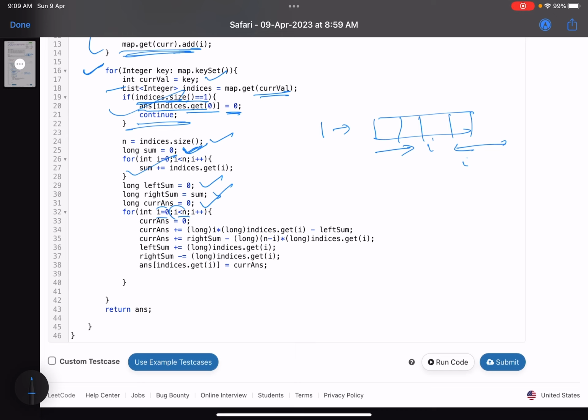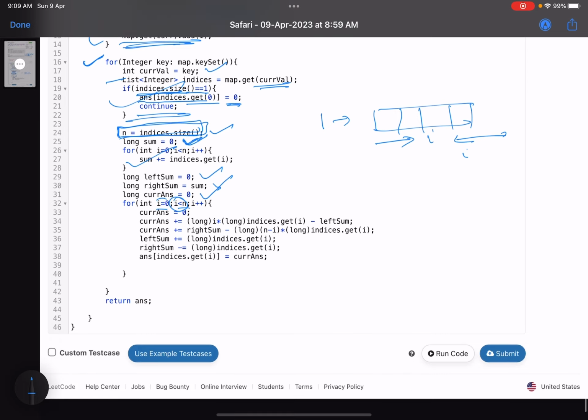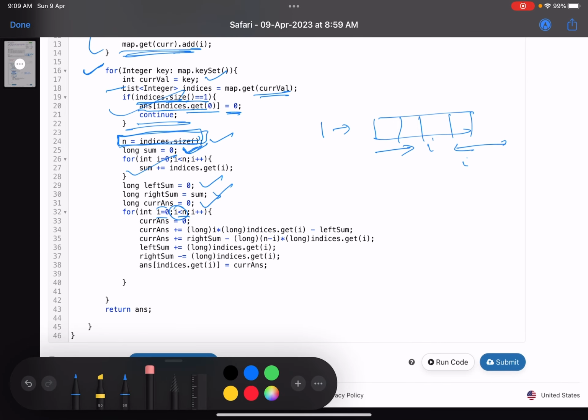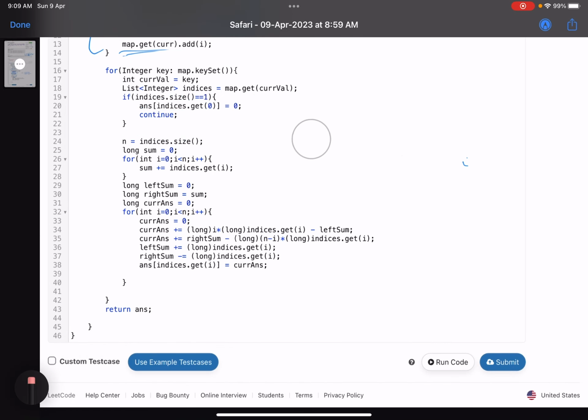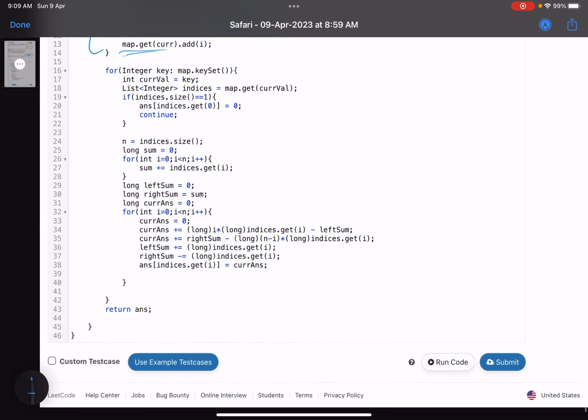Now just see here, I have used the same variable, n equals indices.size. Okay, so don't get confused, n equals indices size. That means for the current list, how many elements do I have? Okay, let me erase it. Got it? So now what will happen, just see here, what is the contribution from the left hand side of i?